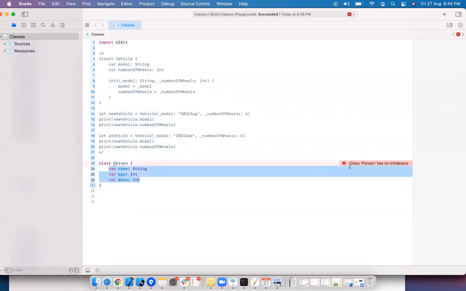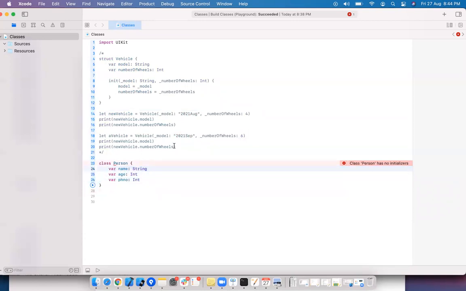The class is giving an error because we have declared a number of parameters, but those do not have any values. In the starting sessions, I clearly mentioned that without initializing or assigning the values, you cannot use them. In the case of classes, this is true.